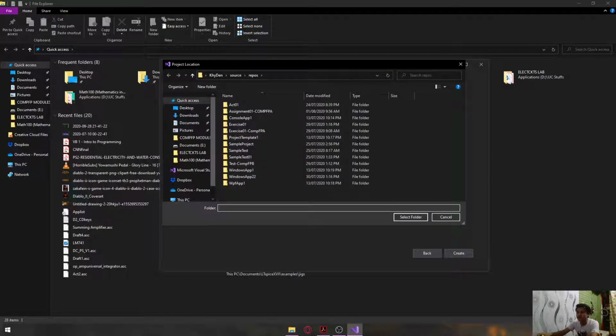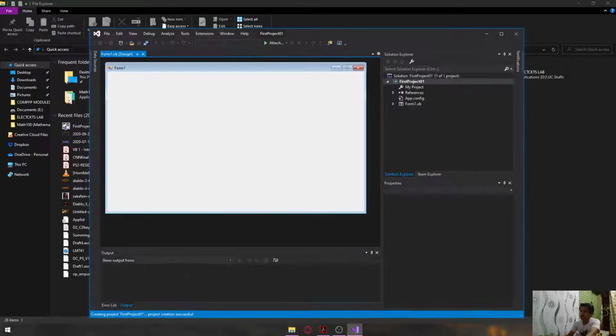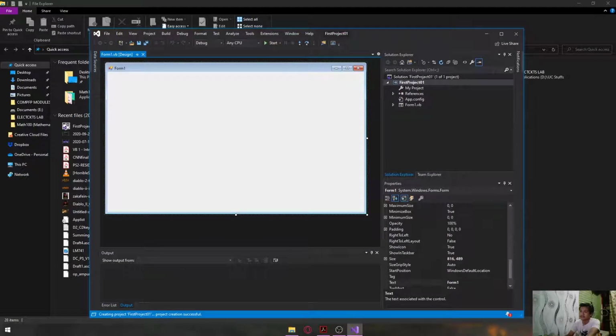Okay, in my case, I'll just save it here in my folder Kaiden, and then source, and then repos. So I will not change that one. I'll change it into my default location where my program will be saved. And then just click create. Okay, so in creating a program, just wait maybe 1 to 10 seconds depending on the speed of your